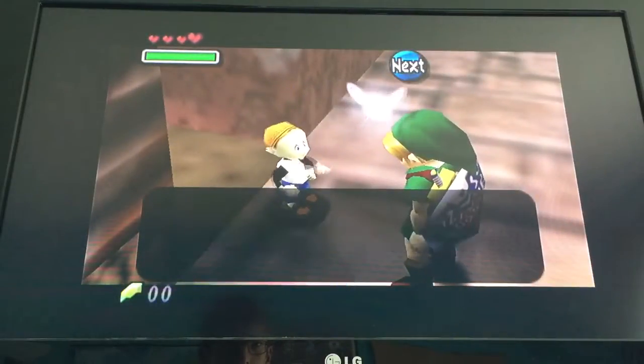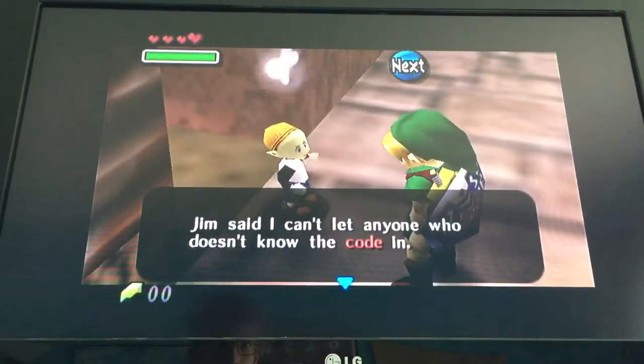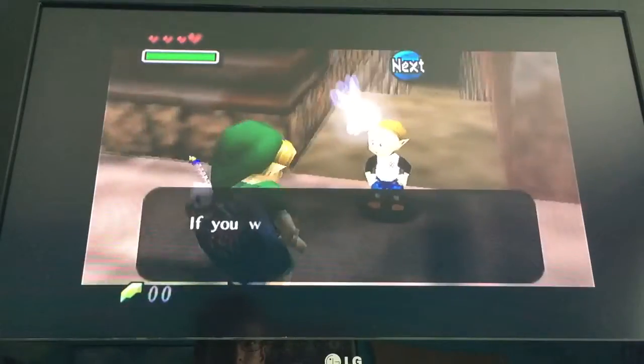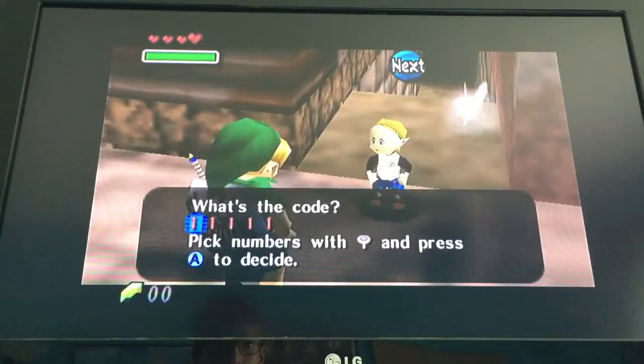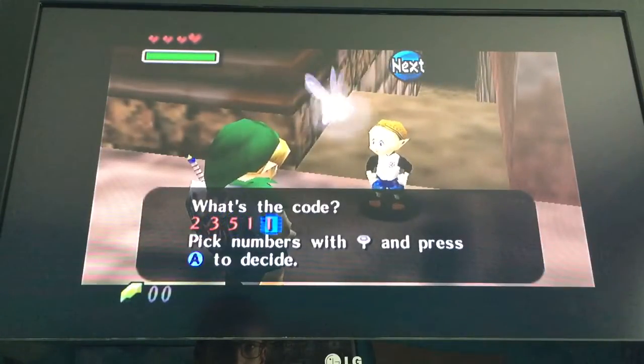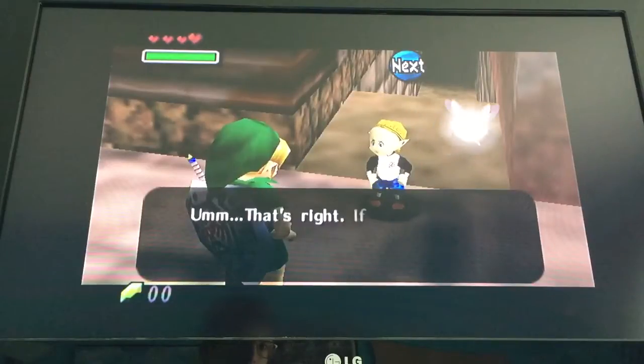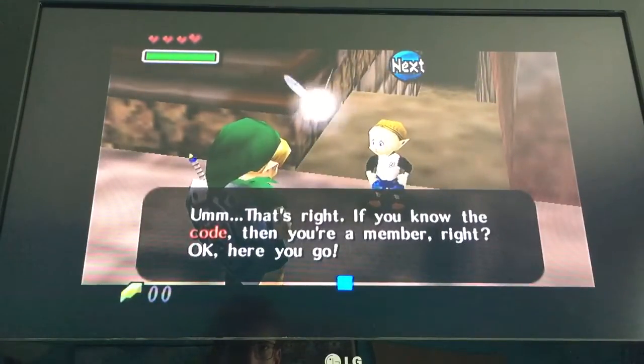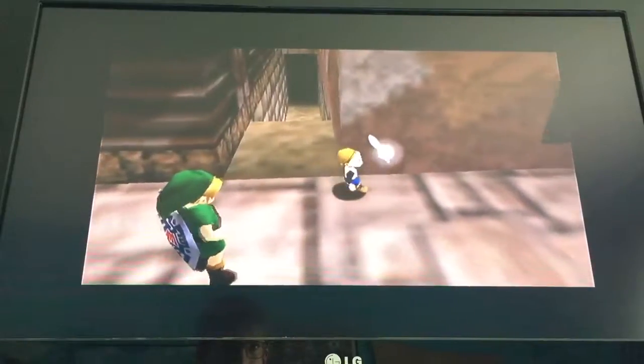If you want to pass through here... Yep, that is definitely wrong. Oh, I guess his name's Jim. Yep. I believe it's 2, 3, 5, 1, 4? Yes, nice. That's right, if you know the code, then you remember, right? Okay, here you go. But now...